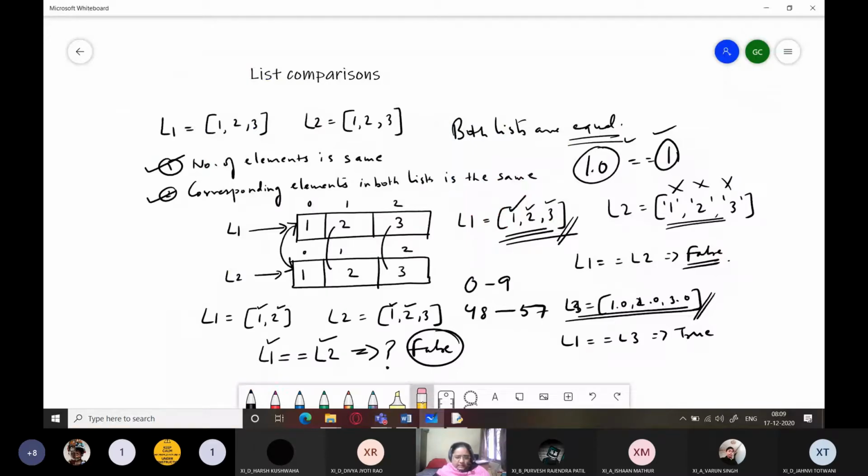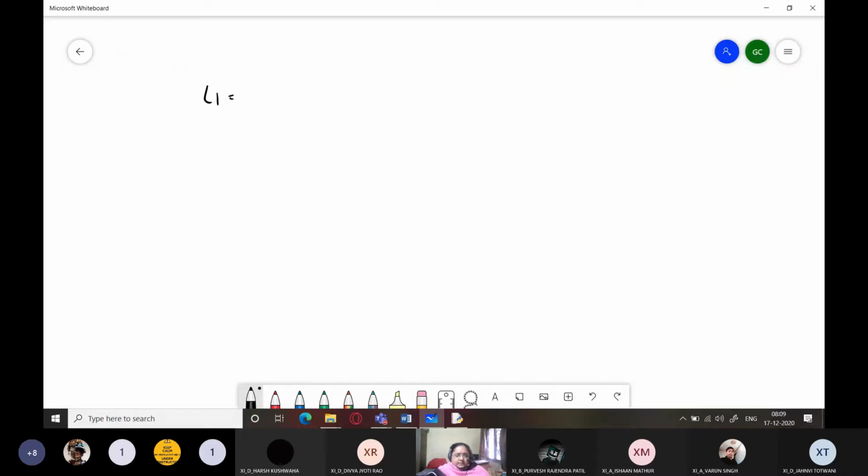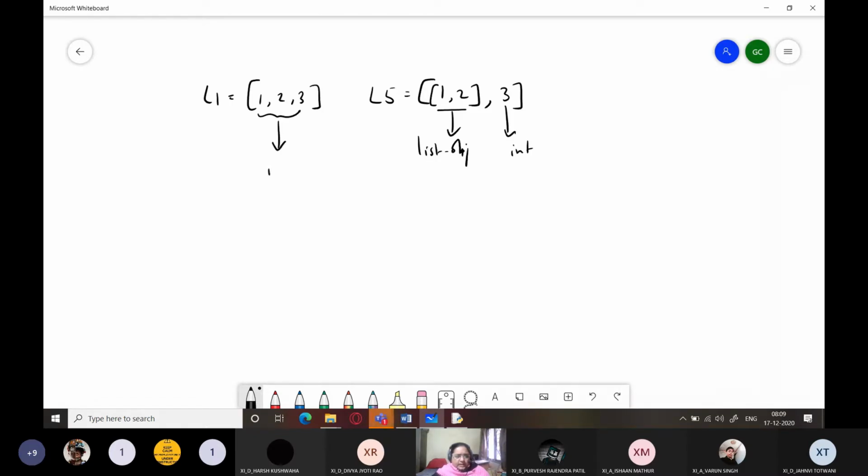That is because L1 has three elements over here, 1, 2 and 3, whereas L5 has 1 comma 2 which is in the form of a list, and 3. So technically speaking we have only two elements. The first one is a list object and the second one is an integer object, whereas here we have all three as integer objects, right?